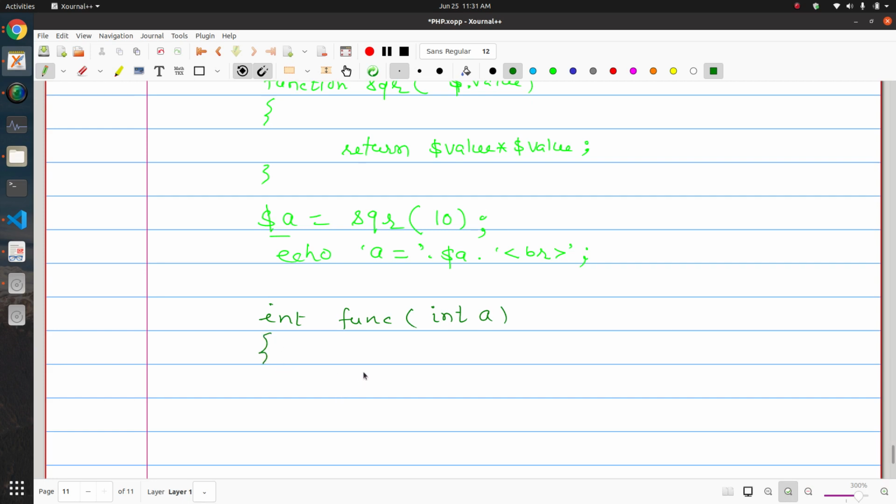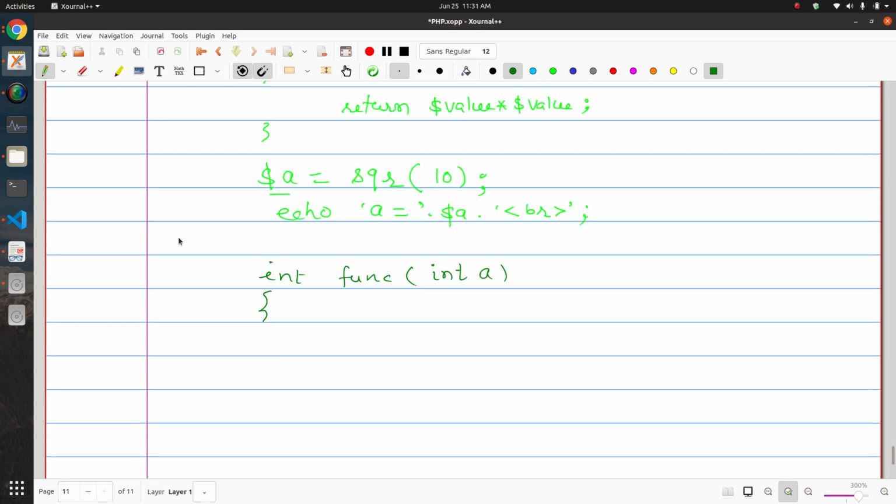So this is a C code. I'm just doing it for your understanding. I'm not defining a variable, I'm just using the term x equal to 100. Okay, so let's say some variable that is already defined and its value is x 100.